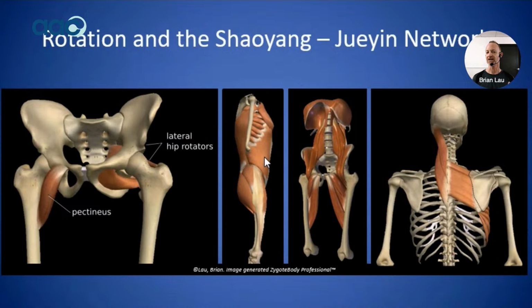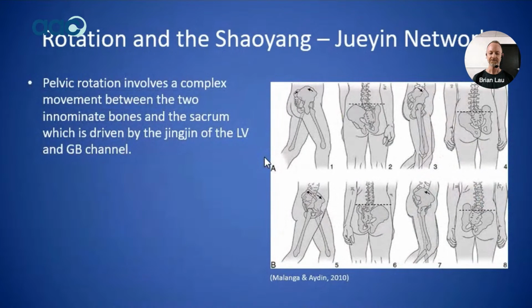We're using those channels primarily, but I want to come back to that idea of exercising the internal pathway to complement treatments or to complement and help our own health. So this is showing some of the complex movements that happen between the two sides of the innominate bone, the pelvic bones. Those also, when you're walking, are going through a rotational type movement. And this is from a study that highlighted those movements.